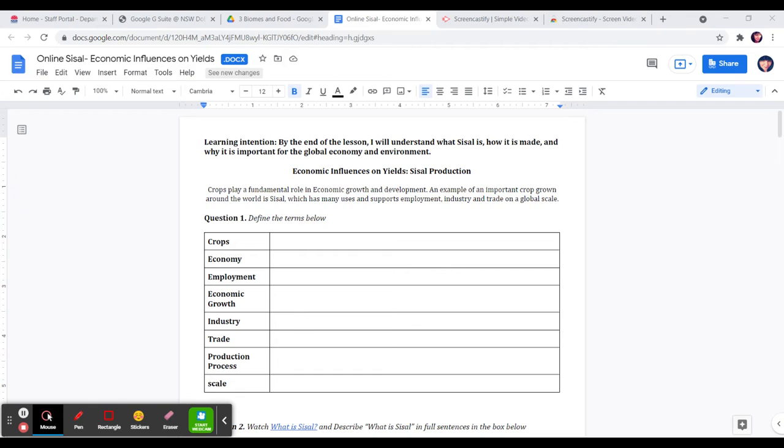Today, we'll explore biomes in more detail by having a look at how one particular crop is grown and why that's important for both the environment and the economy. As you can see, today's learning intention is that by the end of the lesson, I will understand what sisal is, which you will go and investigate, how it is made, and why it's important for the global economy and